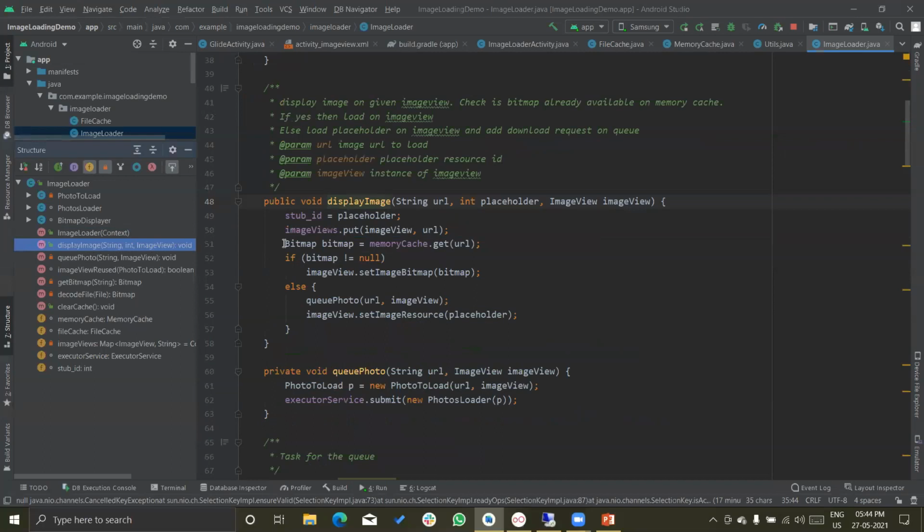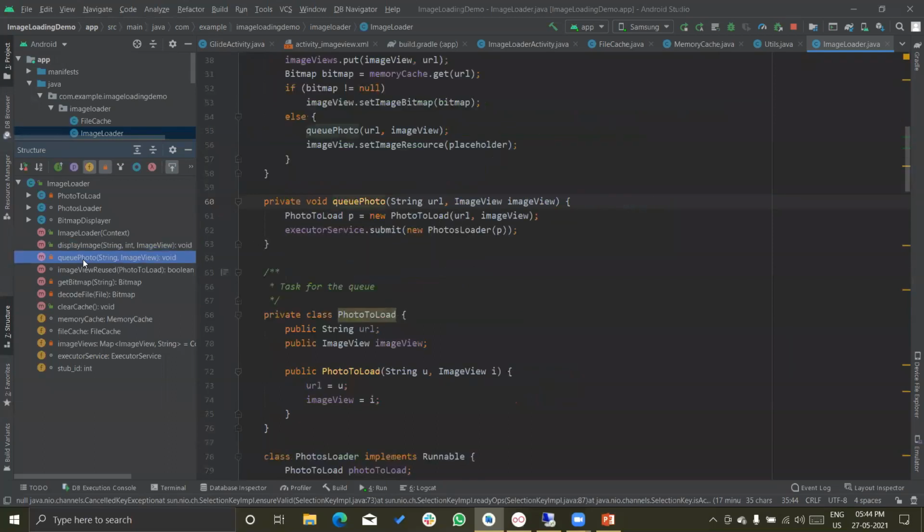The next method is display image. This is the actual main method. We can call this method from the main activity to load the image, and in this method, we require three parameters: URL, placeholder, and image view.